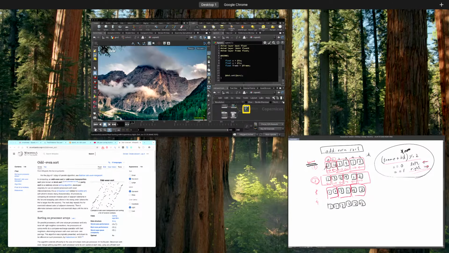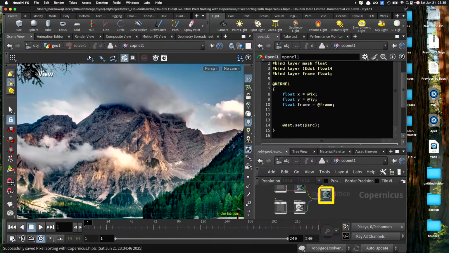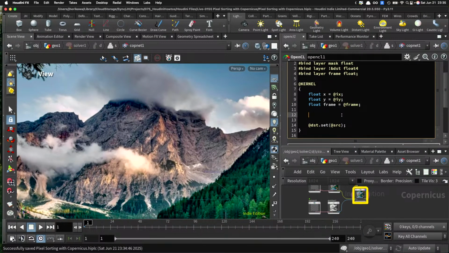Okay, so going back, what you want to do is to check the frame plus x, and possibly convert it into integer values, so making an integer, and then calculate the modulus with 2. Okay, and if this value is equal to 0,